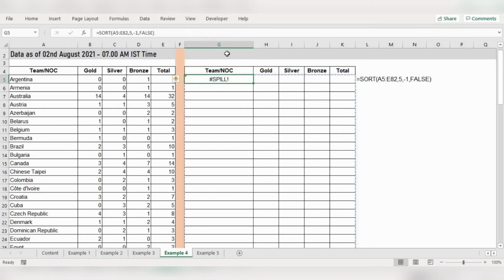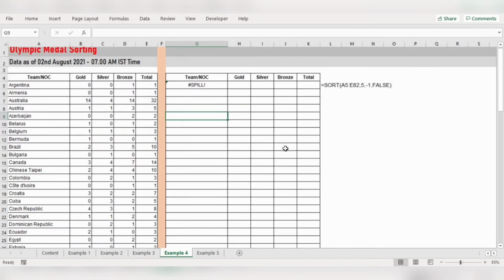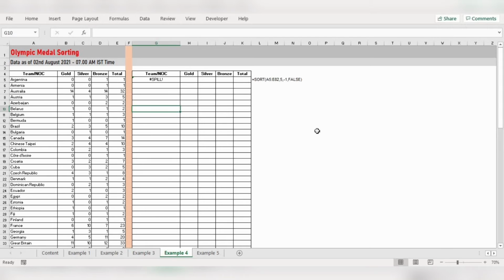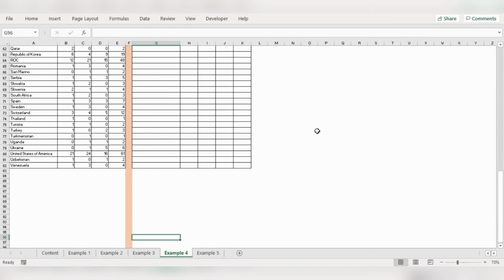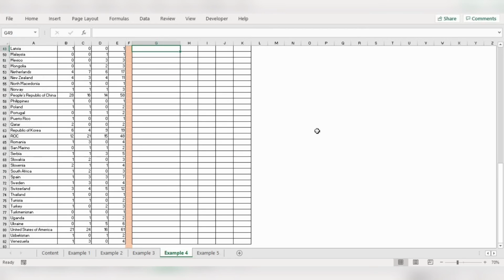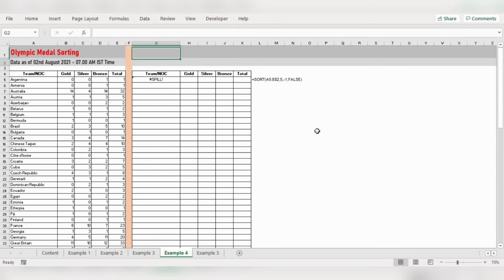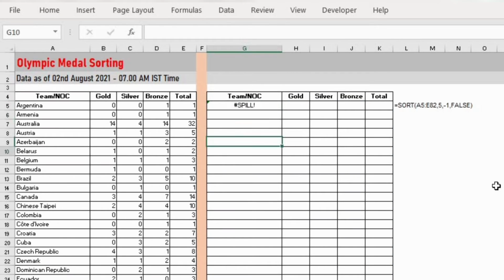That means some of the data is getting hidden here. Now if you look at your data here, it looks clean. But if you get a spill error, that means some data has been hidden here.